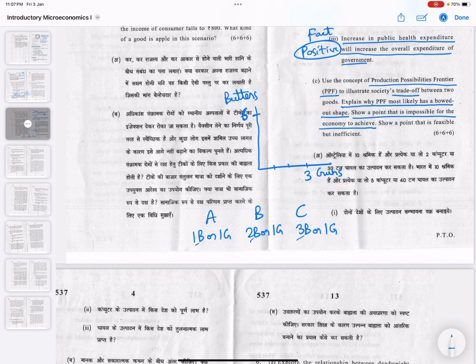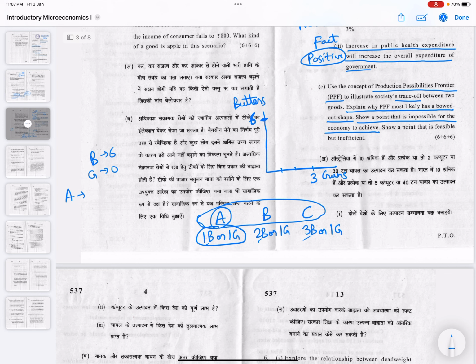So now suppose we are at this point, at point 6. Now, suppose Ukraine goes for a war and you are the policymaker for Ukraine, you would need to increase the production of guns. So which particular worker should you transfer from the production of butter to the production of guns? Think from your point as well. So effectively, you should transfer A, because initially butter is 6, guns are 0, and now if you transfer A, guns would be 1 and butter would be 5. Whereas if you